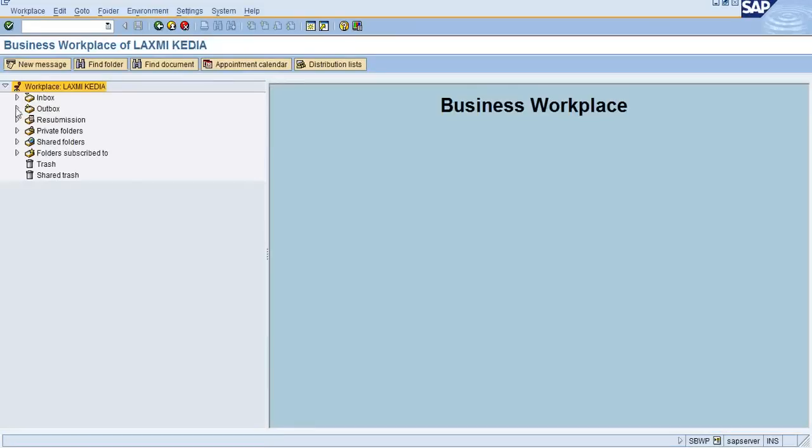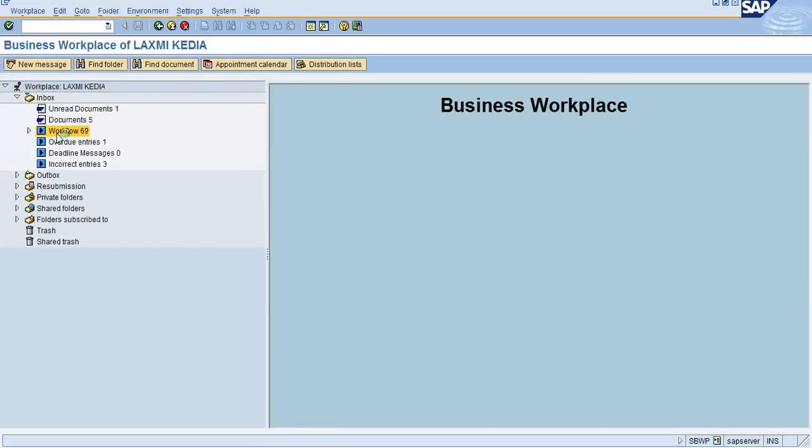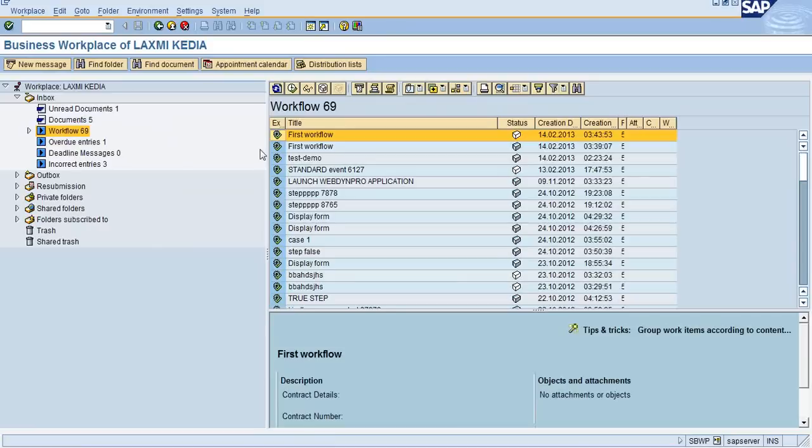So I can go to the business workplace and see that particular work item. Go to the inbox in the workflow tab. You can see here the work item called first workflow is present over here. So this is how you can trigger the workflow with the help of a function module, that is a standard function